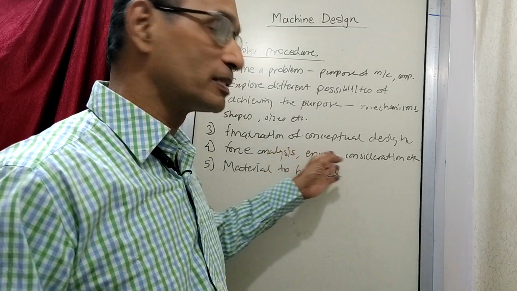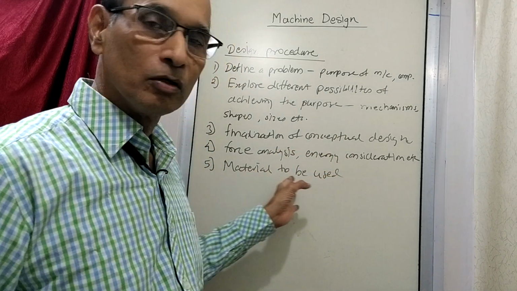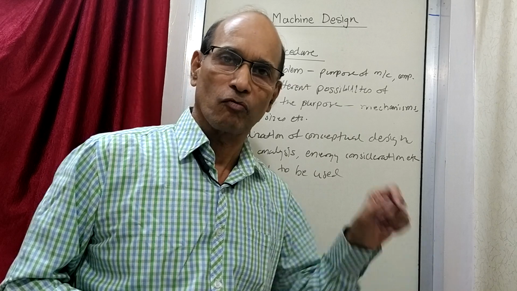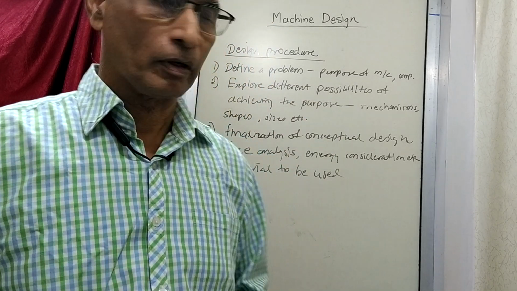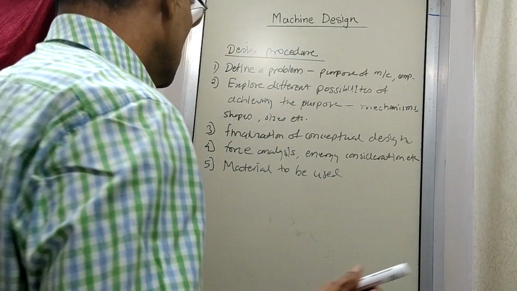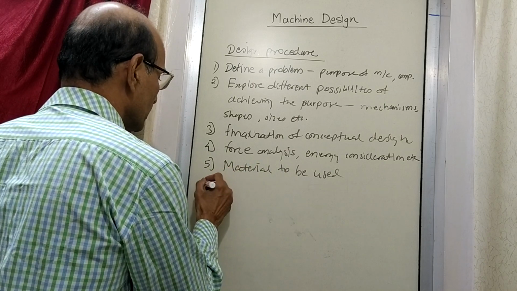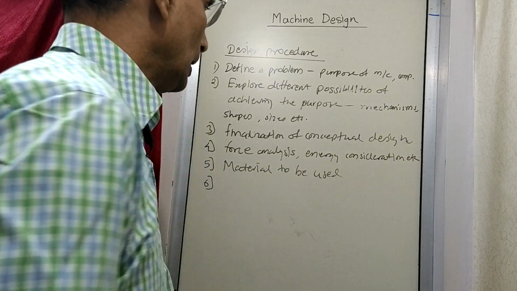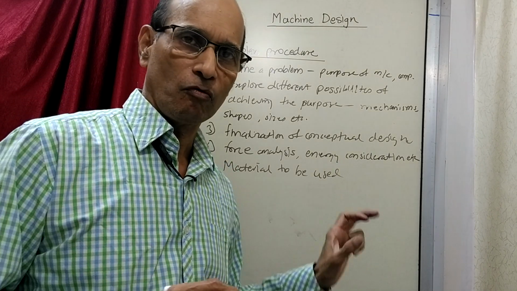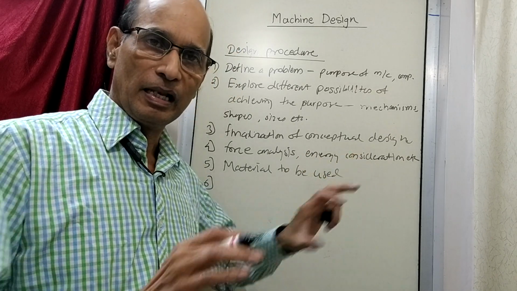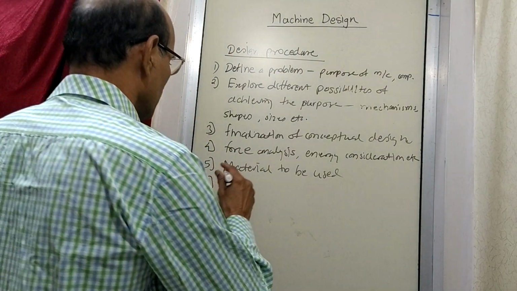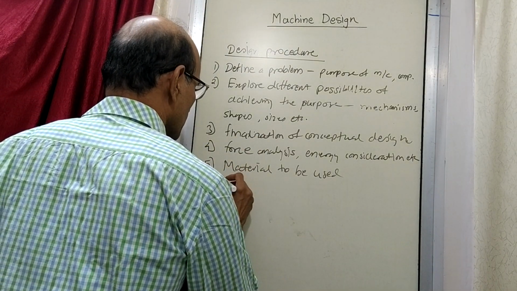So apart from the forces, etc., you also have to give a thought to the type of material which you are going to use for the different parts, or whatever is the specific component you are talking about. Okay, so the material is to be decided. Now having done this, probably you will get a certain idea of what could be the approximate layout of your, say, machine. Okay, so I'll just write here: tentative. It is also called general arrangement.